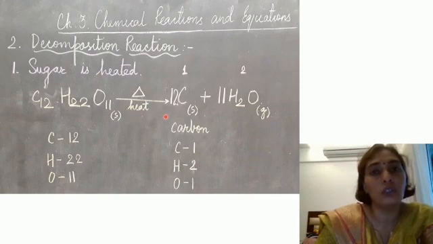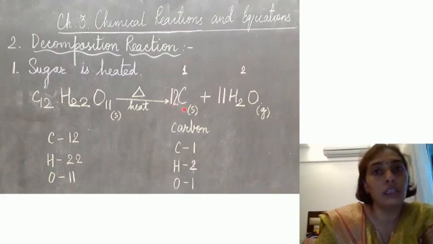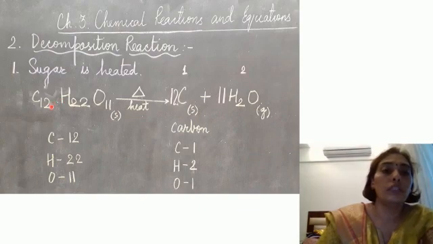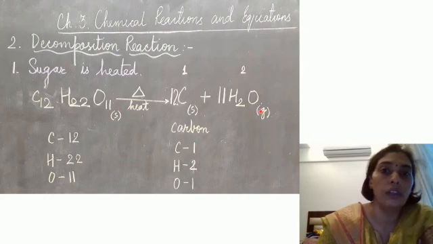And what happens is, as you go on heating it, it gradually melts, it turns goldenish in color, gets caramelized, and then if you continuously go on heating, some vapors are given out, and finally when all vapors are given out, only a black colored residue is left behind. So that black colored residue is nothing but carbon, and the vapors that we saw were of water. So sugar is made out of carbon and water, and so it breaks down to form carbon and water. So that is the decomposition or breaking down of complex sugar into simple form.